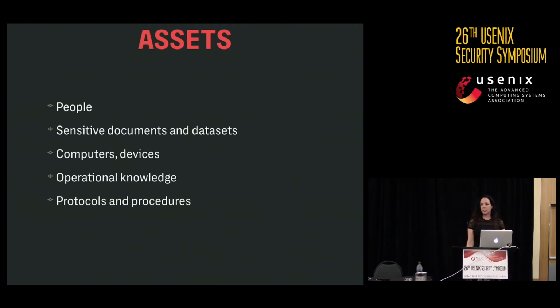Then we have the computers and devices, right? They could be stolen, there are so many ways they could be hacked into, and they have a lot of interesting information about the journalists and the people they're talking to. They sometimes contain either complete or partial data sets of stories that are being worked on. They contain information about the stories being worked on and could give an attacker hints where to look next.